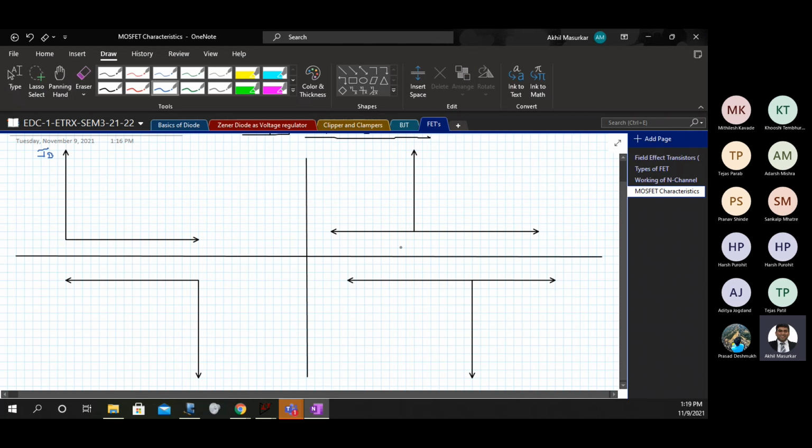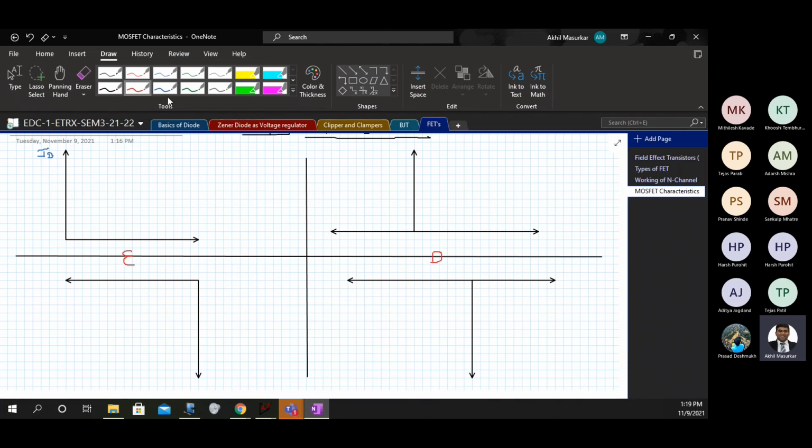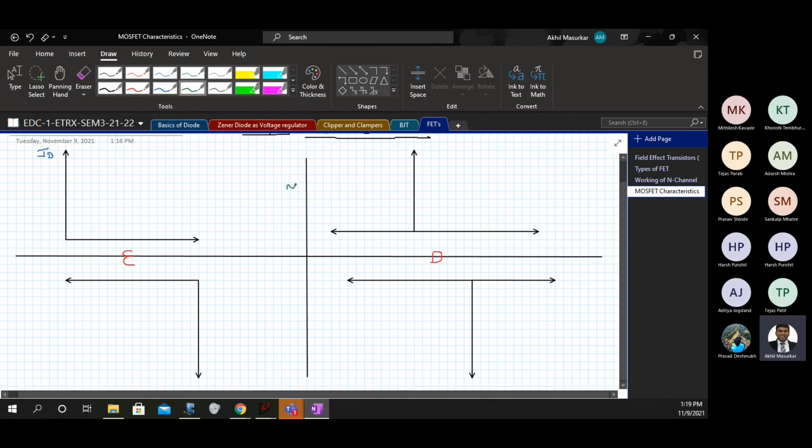So here we have enhancement type, here we have depletion type. These two are going to be like NMOS, and these two will be PMOS. So this is like enhancement type PMOS. This is enhancement type NMOS. This is depletion type NMOS, depletion type PMOS.